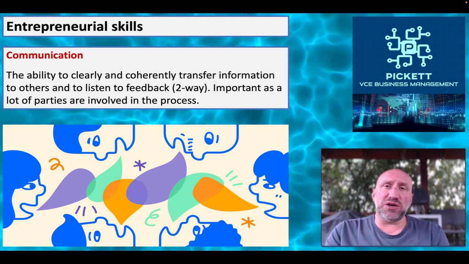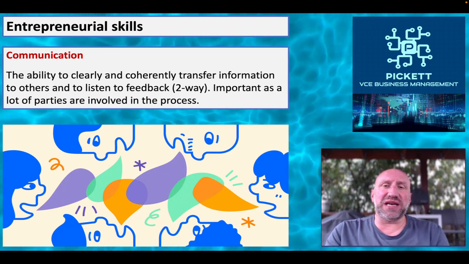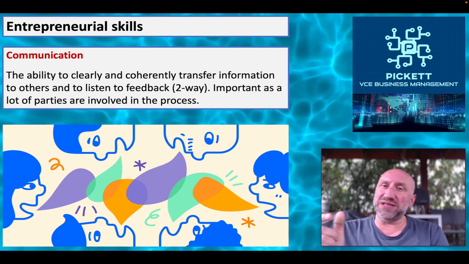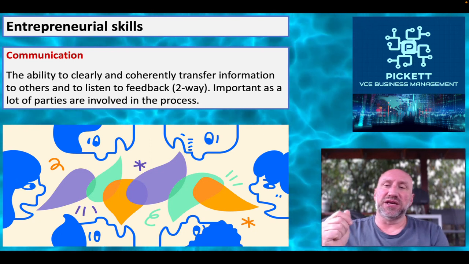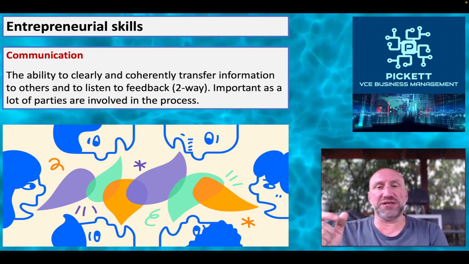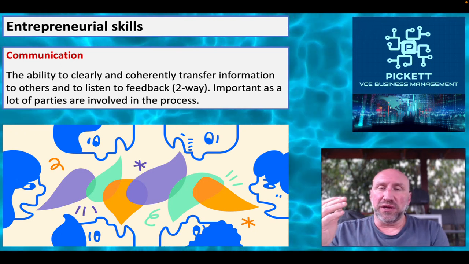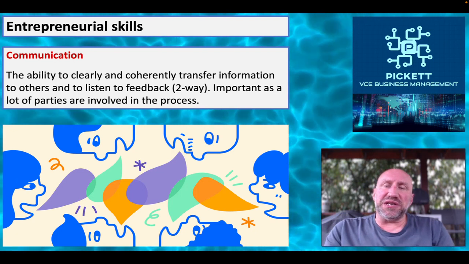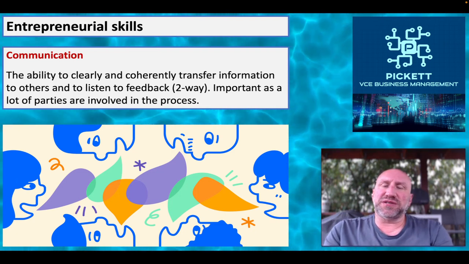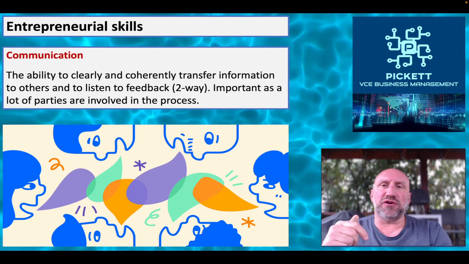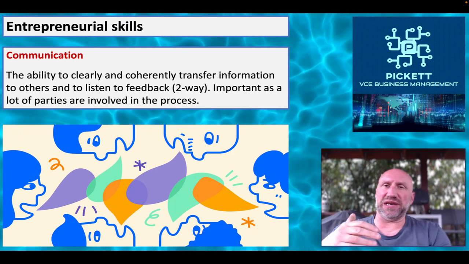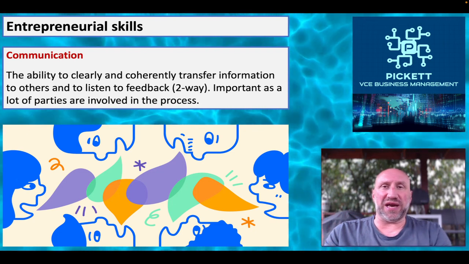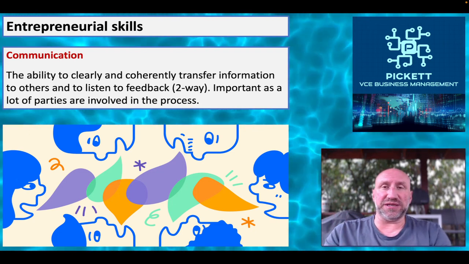Communication is another skill that these people tend to have. Okay, the ability to clearly and coherently transfer information to others. And also key to communication is listening to feedback. So communication is a two-way process. It's not just about telling people what you want them to know. It's about listening to the feedback and taking that on board. This is really important when you're starting a business because there's always going to be lots and lots of different parties involved in the process. You're going to be liaising and dealing with lots and lots of different people. So a really good ability to communicate with all those different types of people is going to be key to